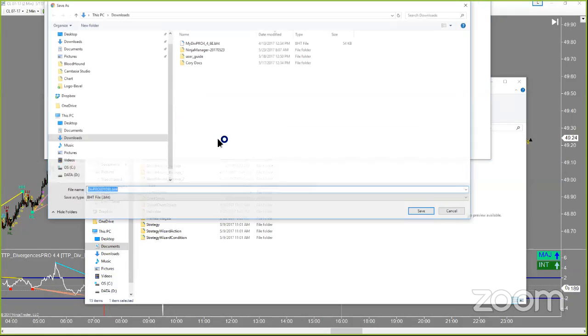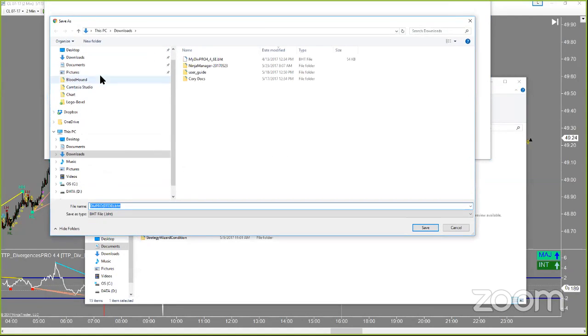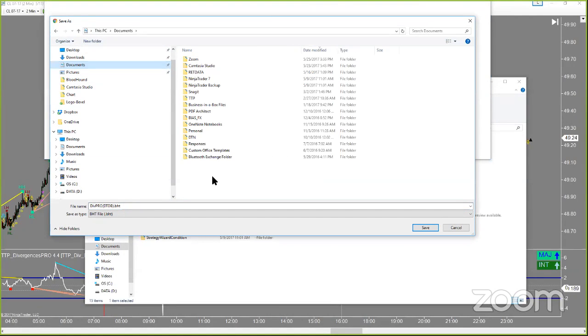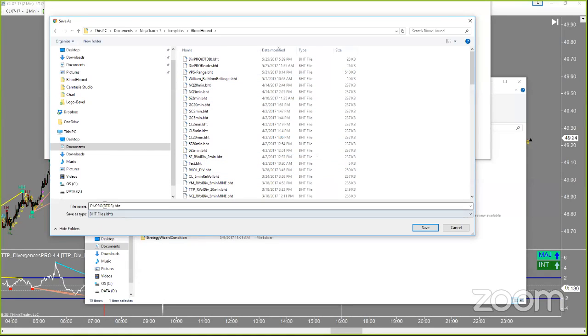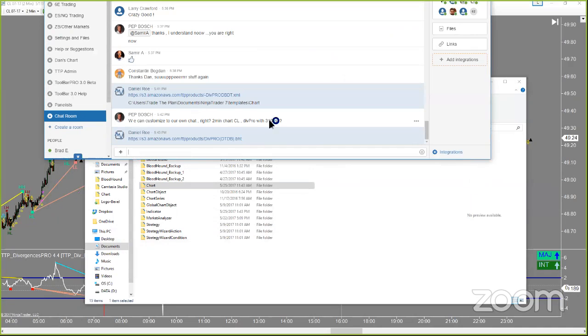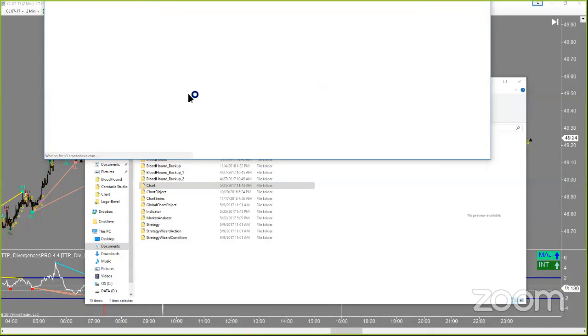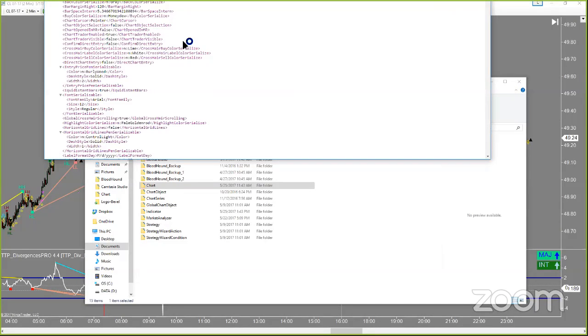You want to save this into your documents, NinjaTrader 7, templates, Bloodhound folder, .bht. NinjaTrader 7, templates, Bloodhound folder. And then you want to save the XML chart template into your